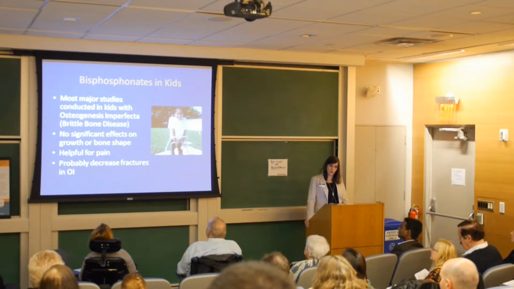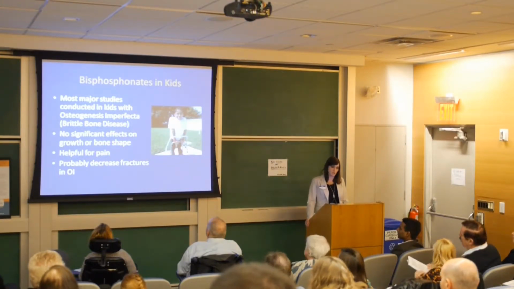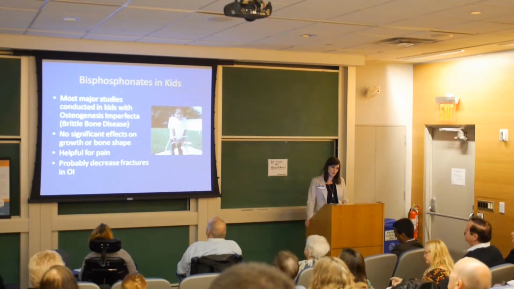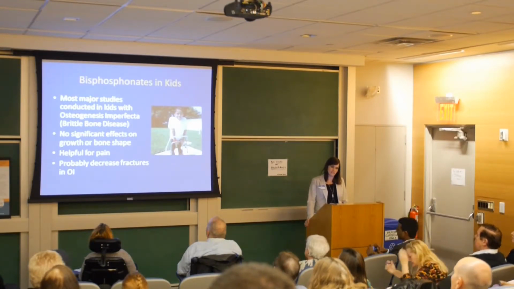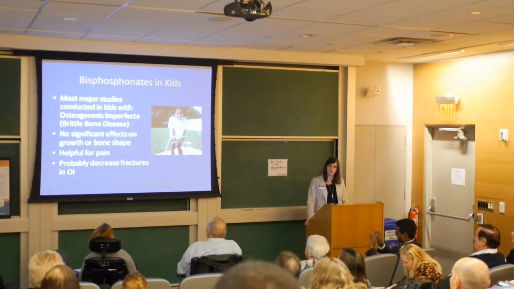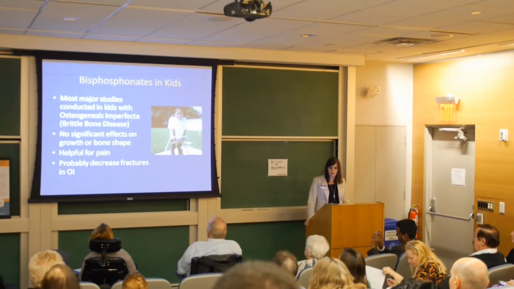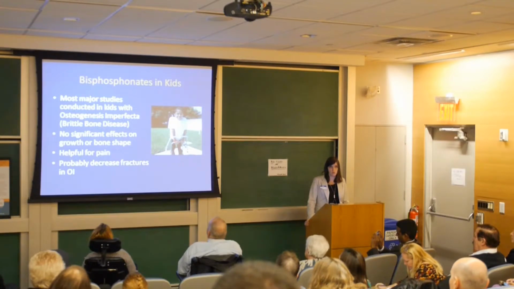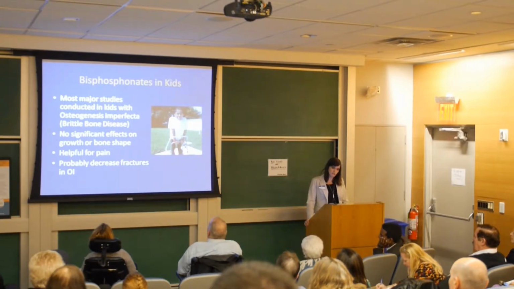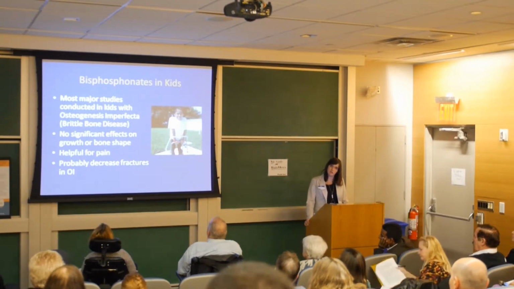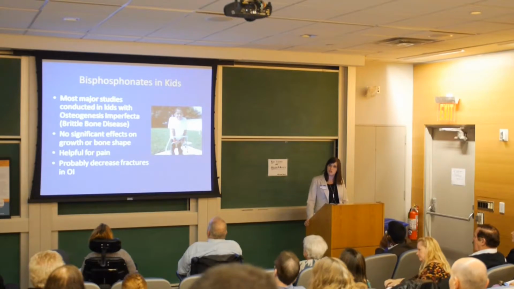So bisphosphonates are used in kids, and fortunately there have been some studies of bisphosphonate use in kids. Most of what we know about bisphosphonates in kids is due to studies in osteogenesis imperfecta, or brittle bone disease. So this is a very different disorder from fibrous dysplasia. This is due to collagen mutations, where the bones are very fragile and break frequently. But luckily we do have some good safety data from the studies in OI that we can generalize to kids